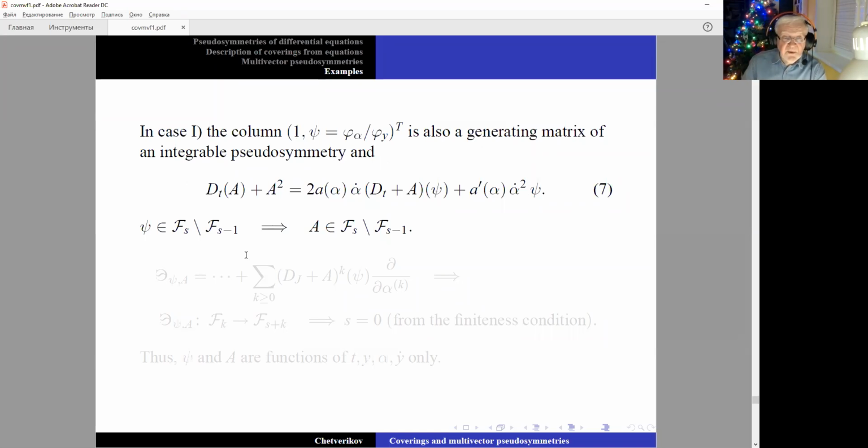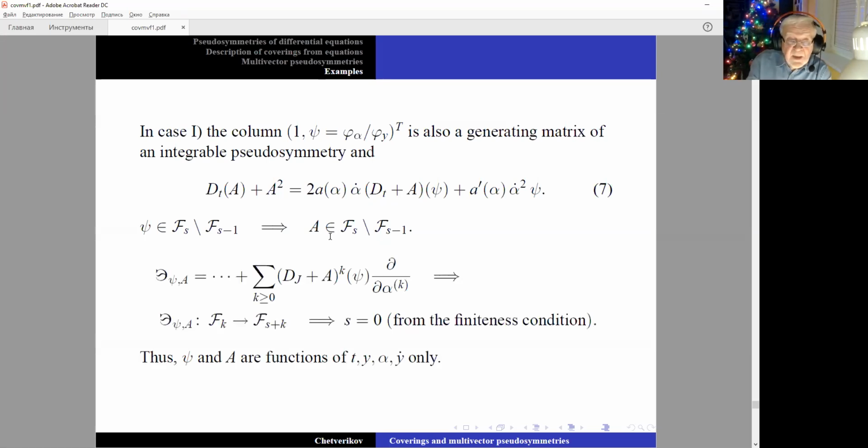Suppose psi is a function of this form, then A is of this form. The evolution derivation phi A is of this form. This implies